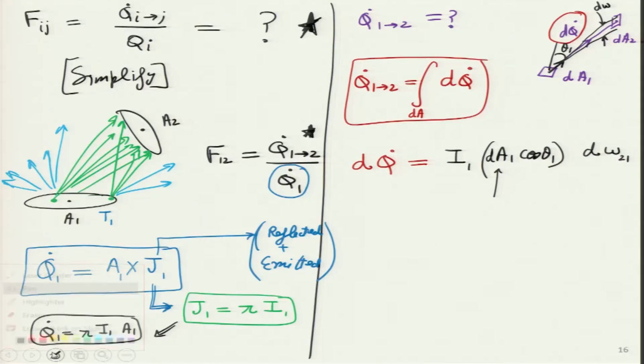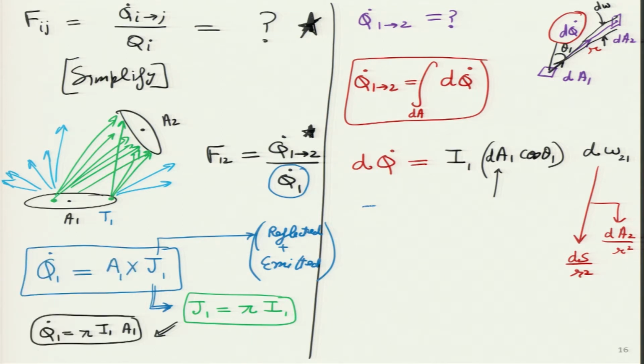And what was the expression for a small solid angle? Again from the previous lecture, it was simply ds by r square, where ds was the small area. So, in our particular case, the small area is dA2 and the distance between them is r over here. So, it will be dA2 by r square,